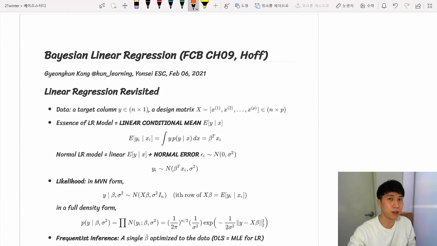In this video, I'm going to talk about Bayesian linear regression, not your standard, average, normal linear regression, but the Bayesian one. We're going to see how a Bayesian sees the linear regression problem and how a Bayesian solves it. So, if you are not familiar with Bayesian statistics at all, I would recommend you to read the book